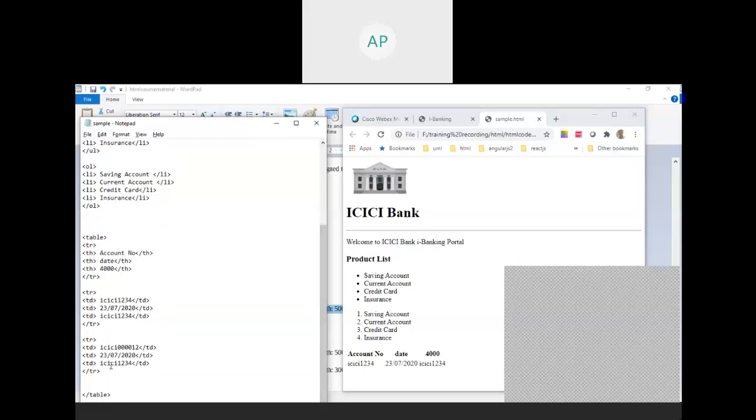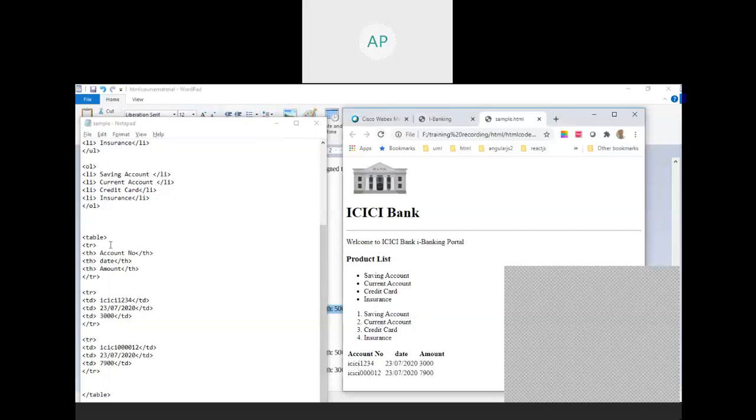And here the amount is going to be 3,000. Here also 7,900 rupees. Let me run this one. So you created one table, with a header and two rows.